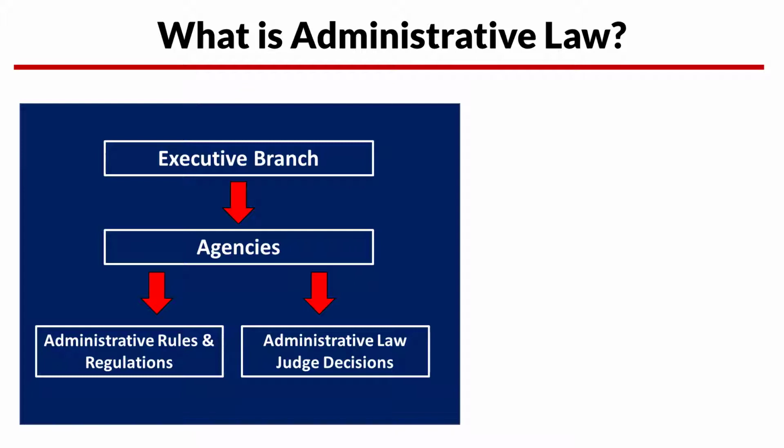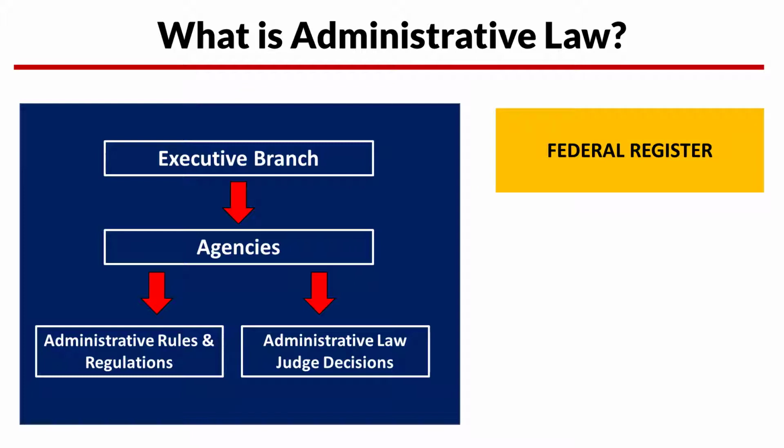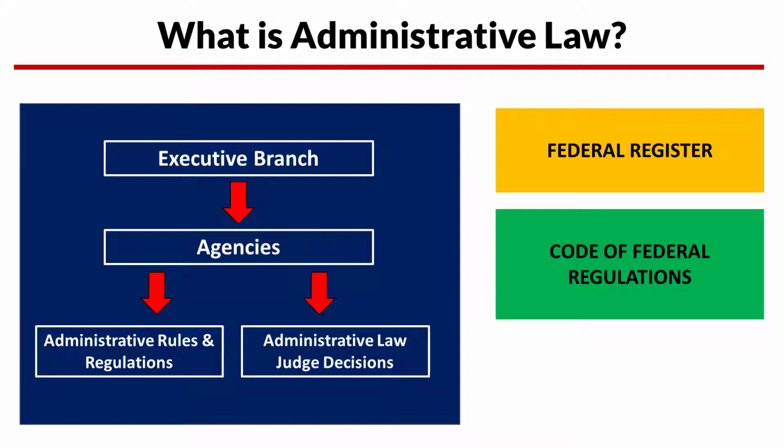When you are researching a federal statute, the applicable sources of administrative law include the Federal Register. Agencies announce proposed and final rules and various other information on their day-to-day activities in the Federal Register. This is published daily and organized chronologically. Eventually, this all makes its way into the Code of Federal Regulations. The Code of Federal Regulations contains all agencies' final rules and regulations that are in force. It's published annually and organized by title, similar to the United States Code.